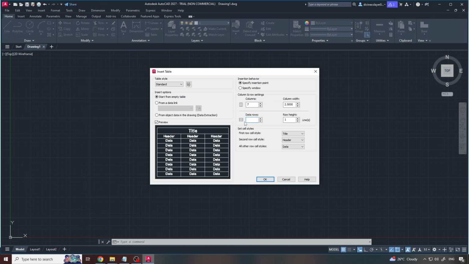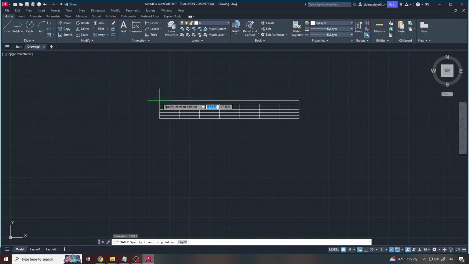Now, depending on the insertion option you selected, place the table by clicking an insertion point or defining the required window in your drawing. The table will now be inserted into your AutoCAD drawing. You can then enter your information directly into the table. And that's how to use the